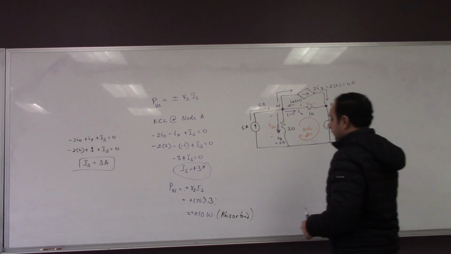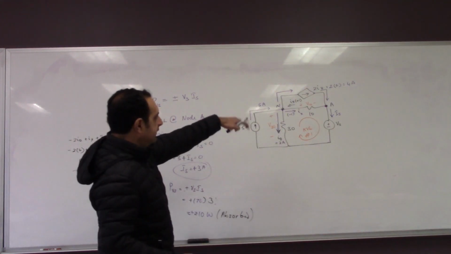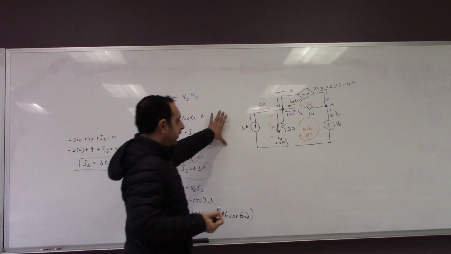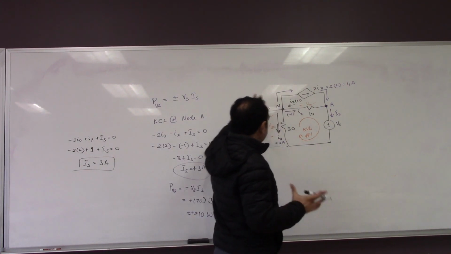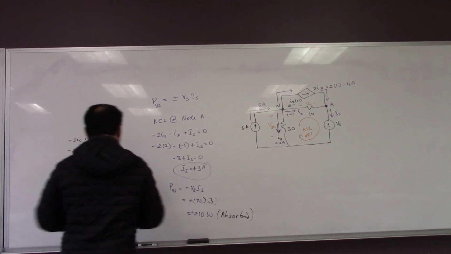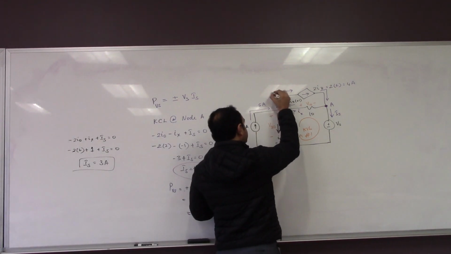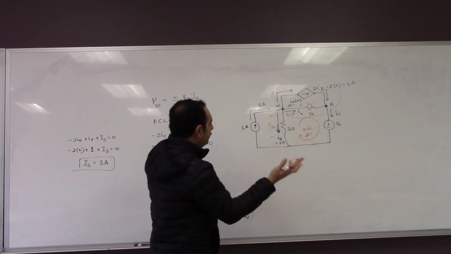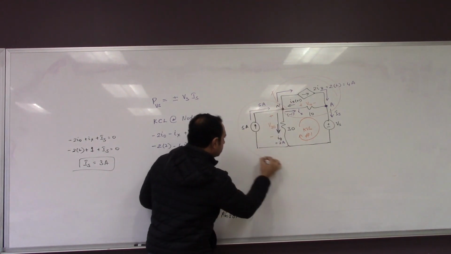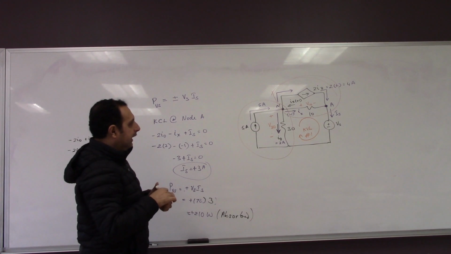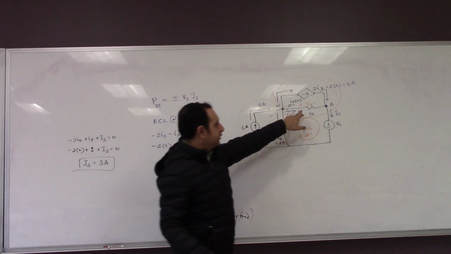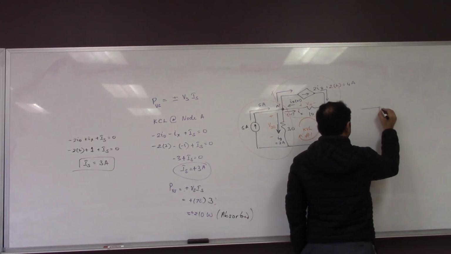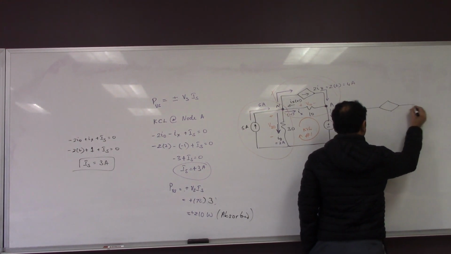Okay, so let's go for the next source. I'll do the dependent source, and I'd like you to try the independent source. So over here, what I'm gonna do is, I'm gonna take a look at this network, right? This construction here with these two, and I'll show you why this is important. You'll do exactly the same thing for these two. And I'll show you why we need to consider this branch when we are talking about the power for the source. So I'll rerun this here just for clarity so that we have ample space to analyze this,